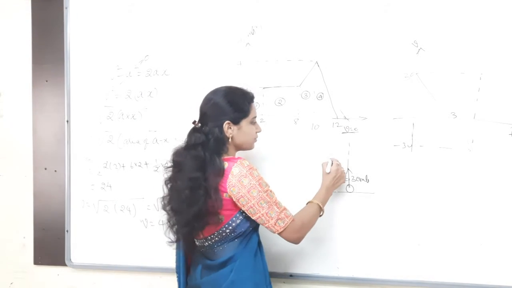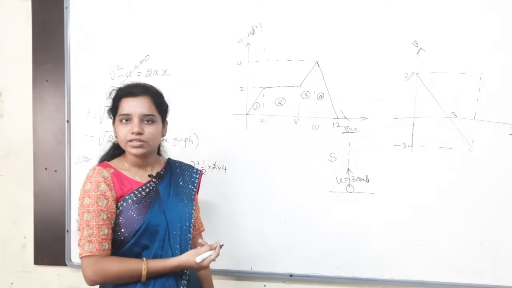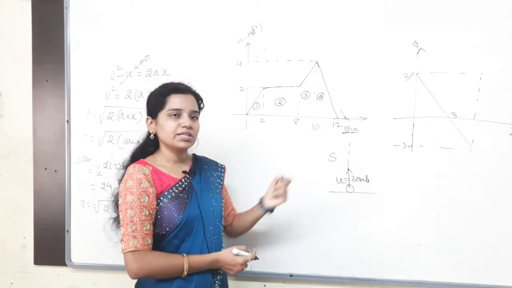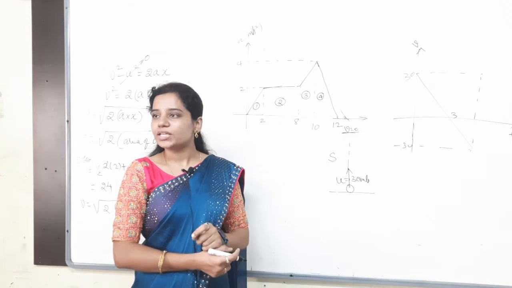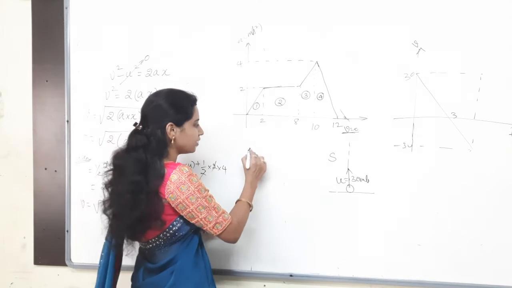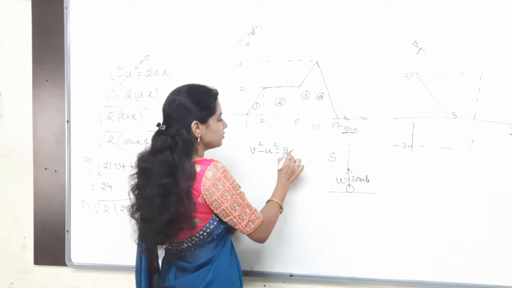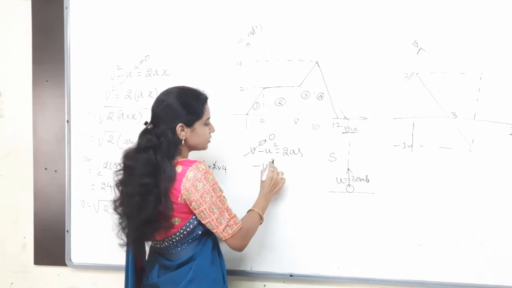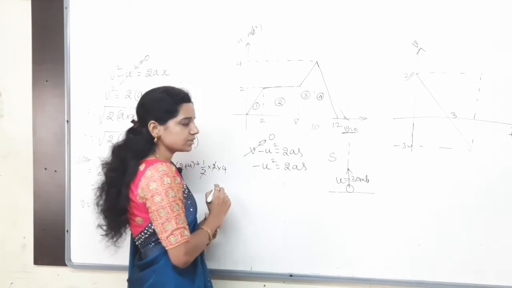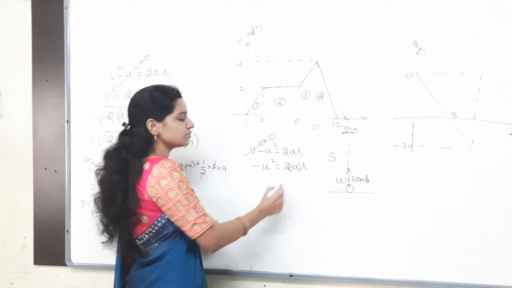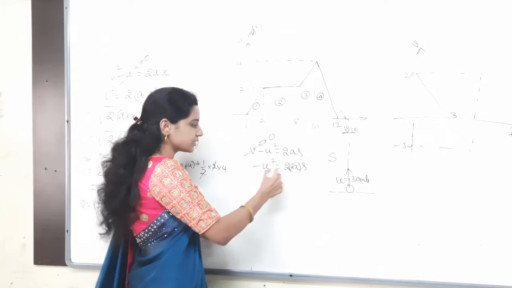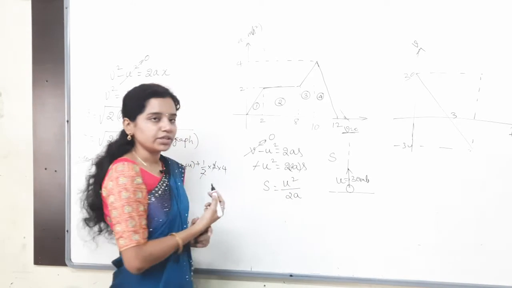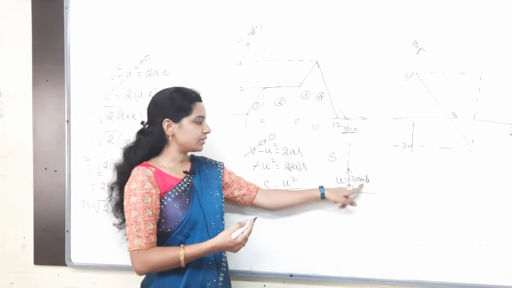So here, this maximum height you have to find out. Obviously that is displacement only. Initial velocity is not 0, final velocity is 0 and the displacement is s. Which concept is that? Stopping distance. The stopping distance formula is v square minus u square is equal to 2as. Then v is equal to how much? 0 minus u square is equal to 2a into s. Here acceleration is retardation, so we are getting minus here. Minus minus gets cancelled. Then s is equal to u square by 2a.